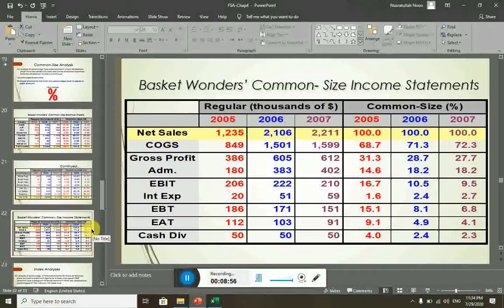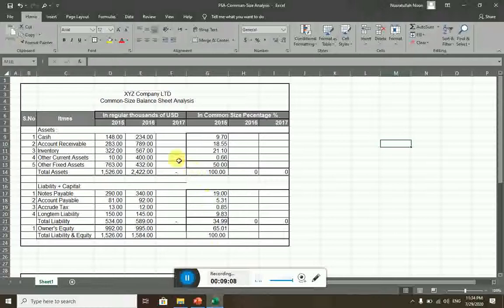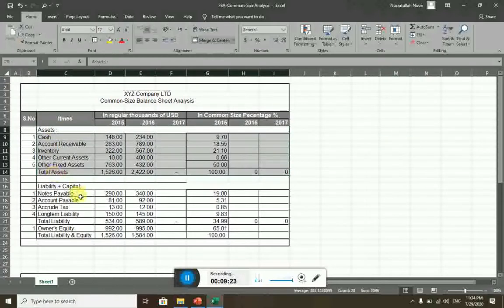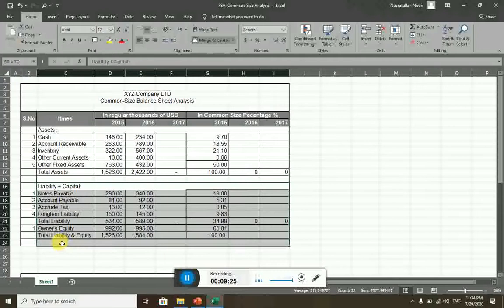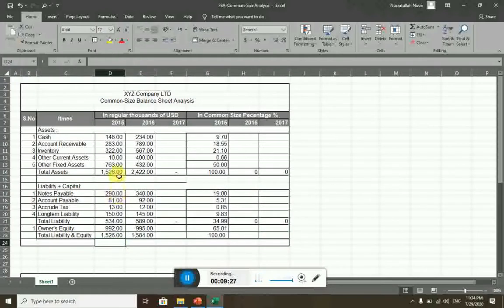Now let me show you how it is done in Excel, and how we can do it while we prepare a common size analysis. Here is a common size balance sheet of an XYZ company. This is the asset portion from here to here, and this is the liability and capital portion from here to here, and you can see that total assets equal